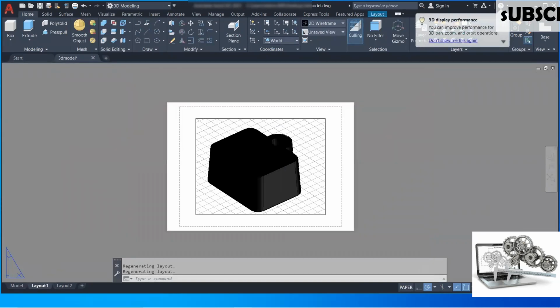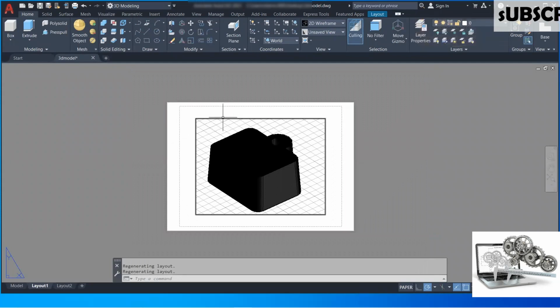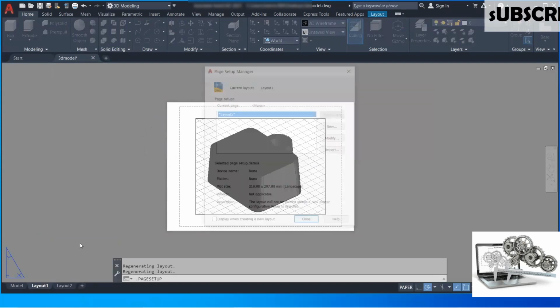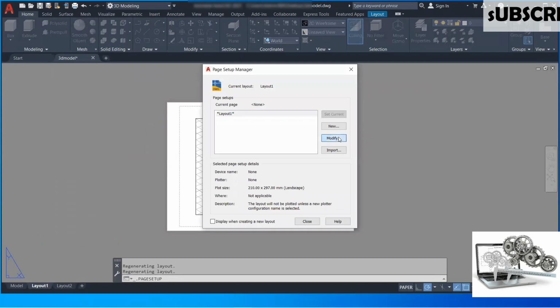We will create a layout, that is a 2D drawing. So we have to click on the Layout 1 button. Here you will get this type of appearance. Here you have to delete the viewport which you are looking at, showing the 3D model. Before that we have to make a page setup. So first we will go with the page setup manager,